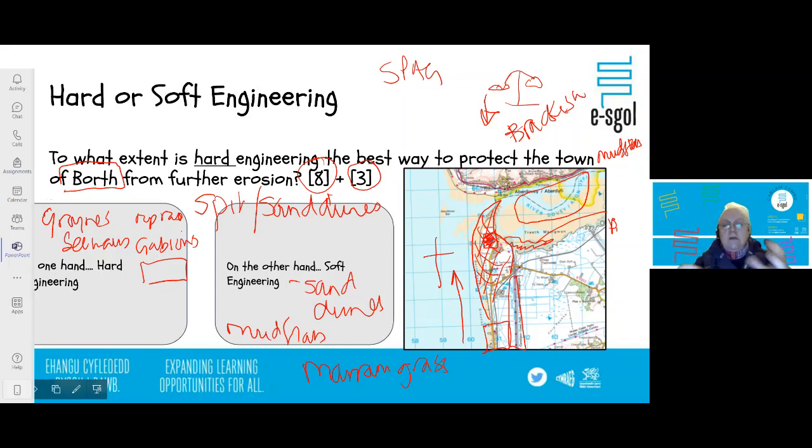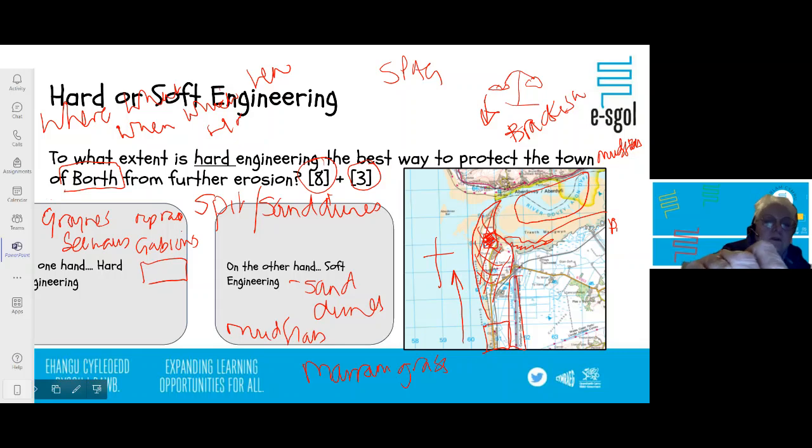So here we've got some ideas that we want to put into our answer. We have got 8 marks to look at. So the first thing we're going to think about is, where is it? How can we locate it? Why is it important? It's the who, it's the where, the what, when, which, how, who. If you can think of those questions when you are going to these 8 marks questions, you